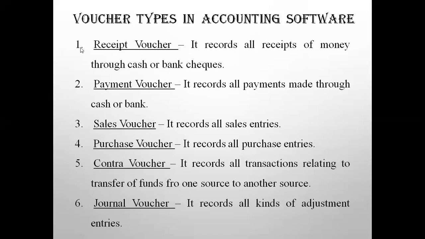Second is the payment voucher. It records all the payments made through cash or bank, just the opposite of this. Here there are all incomes, there there will be all expenses. So this voucher records all the payments made through cash or bank. Cash or a bank name will always be on the credit side and the opposite account will be on the debit side. It also includes cash purchase transactions, wherein you purchase and you directly pay. Those transactions you can also put in the payment voucher.